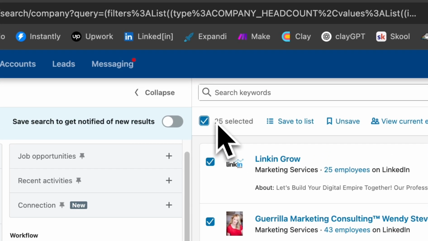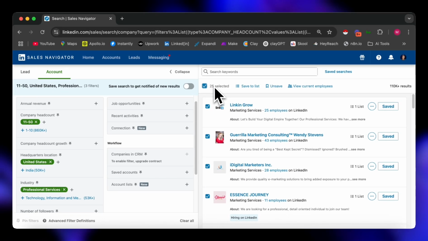When I hit it, please notice that it only says 25 selected. This is where the problems start, because a lot of you will be using Sales Navigator to pull out the URL once you've completed your search. Notice I said search, not list. So once you've completed your search, you'll pull out the URL and you'll put it into another tool, Expandi, HeyReach,